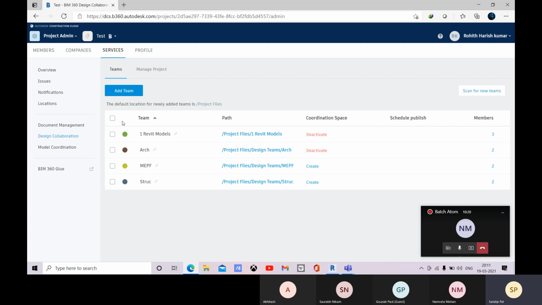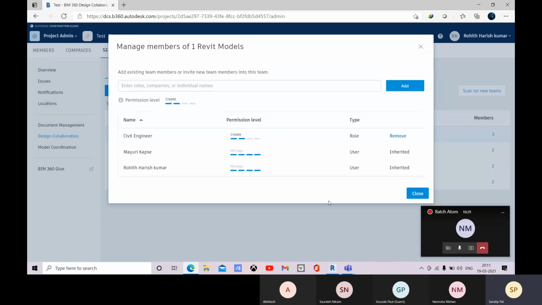After creating that team, you can select any of these teams, and there you can manage your team members. You can assign other team members, you can add, you can remove, you can add company wise, you can add individuals, you can add role wise, which we have already covered.